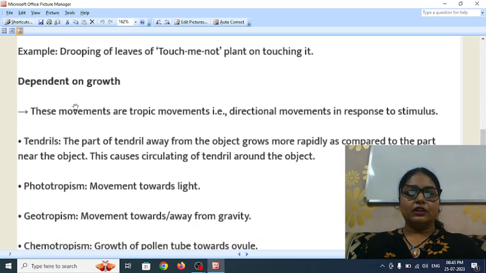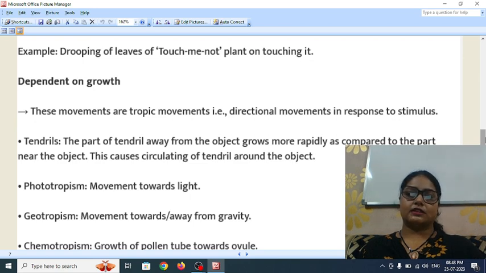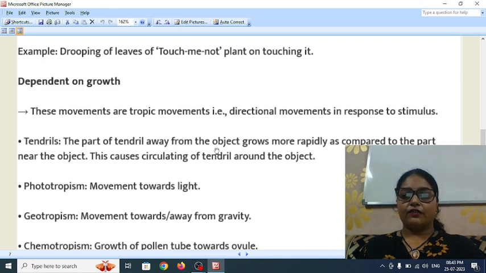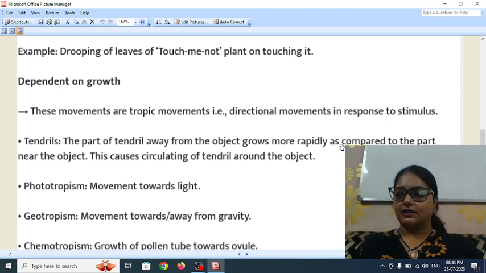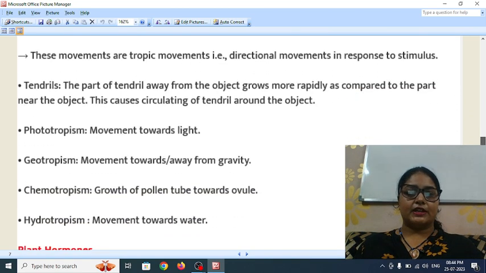Now, dependent growth. The movements are the tropic movements, the direction of the movement towards the stimuli. Like, as you know, plants always grow towards the sunlight. And tendrils: the part of the tendril away from the object grows more rapidly. It means it's a thread-like structure, basically found in creepers, compared to the part near the object. This causes a circling of the tendrils around the object. It means they just sense the object, and then start